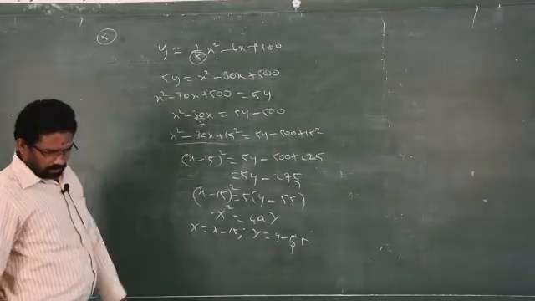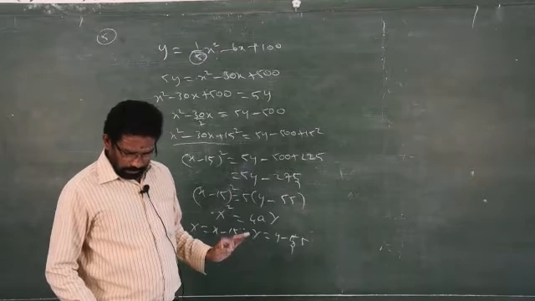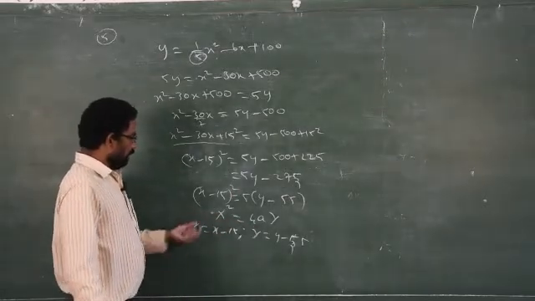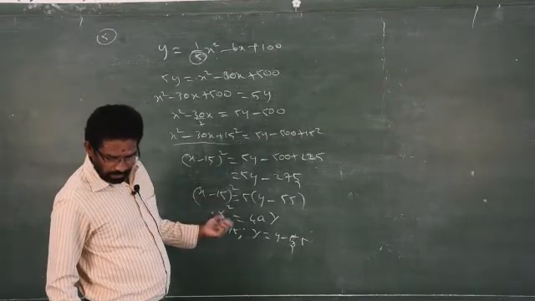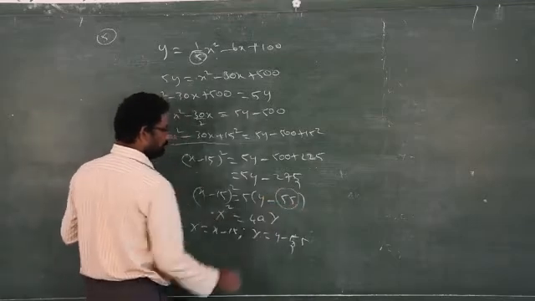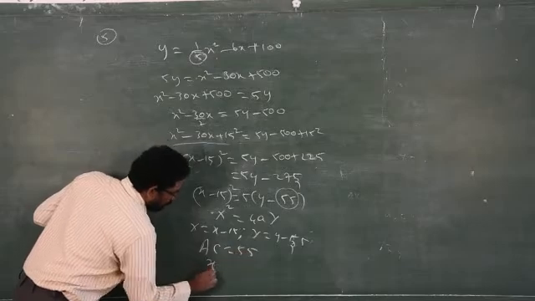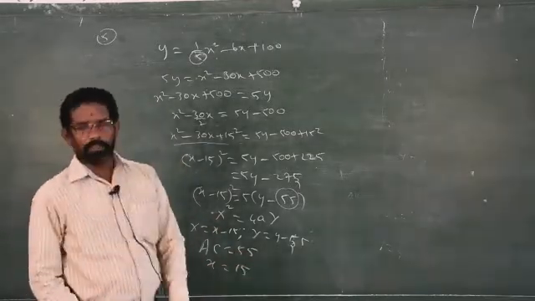Very simple. The question did not ask you to find anything else, only to show that it is a parabola. It is a parabola. I got this answer. Now this x refers to the number of units. Y refers to what? Average cost. So what is the number along with y? 55. So average cost is equal to 55. The number of units is how much? 15. That's the answer. This is the application.